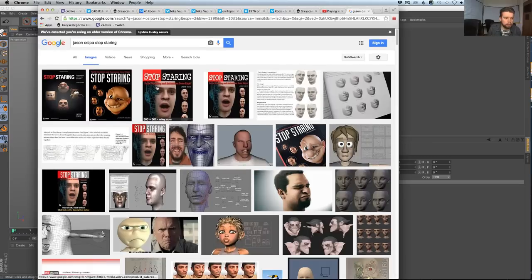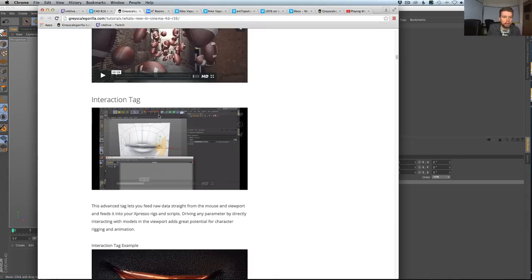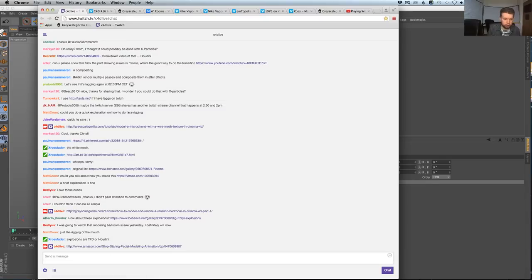What originally made me get this book was that it was written by one of the guys who did some of the original facial animation and rigging for Reboot. So I got the book, and he really breaks down modeling a mesh in a way to have it ready for facial animation, and then talks a lot about these facial poses. So I highly recommend this book. It's detailed, it's dense, it takes a long time. But one of the techniques I took from that... Yes, I totally want to recommend this. So I'm going to grab this link here, and I do recommend this book if you're interested in doing facial animation.